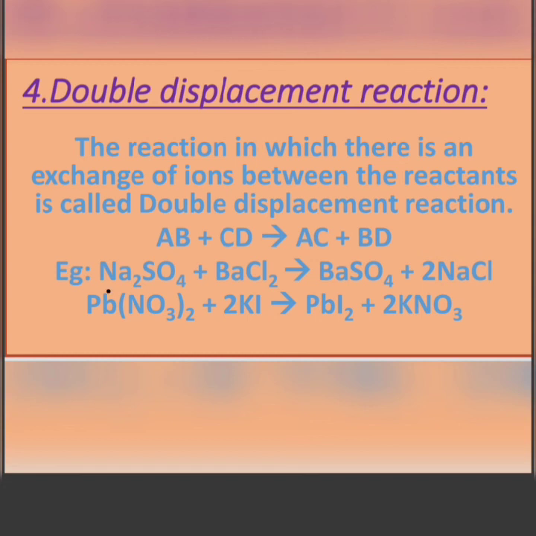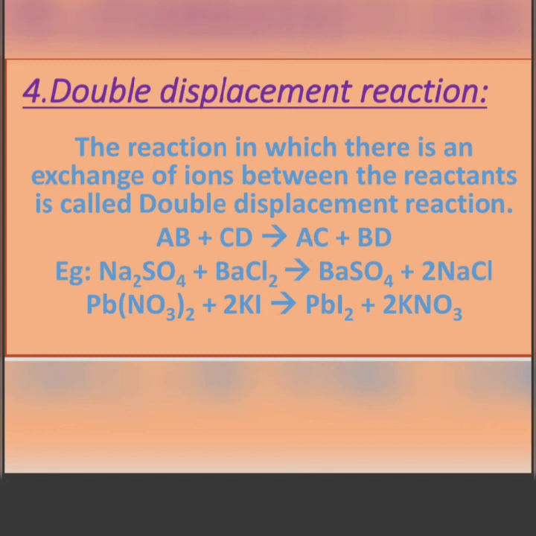Okay. Second example. Here you can see that lead, you know very well, is positive in nature. Nitrate is negative in nature. Potassium and I is iodine. Please do not get confused. This is KI, potassium iodide. So potassium is positive in nature and iodine is negative in nature. So lead will be attracted towards iodine and it will form PbI2, that means lead iodide. And nitrate and potassium will be attracted towards each other because of having different charges. So they will form potassium nitrate, KNO3. I hope you have got the point.